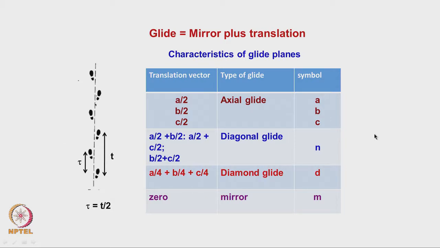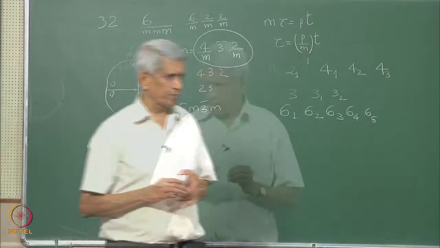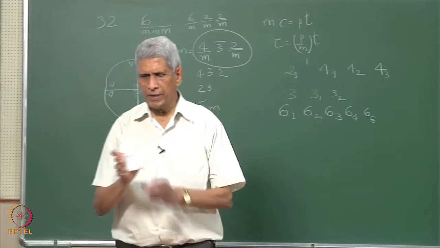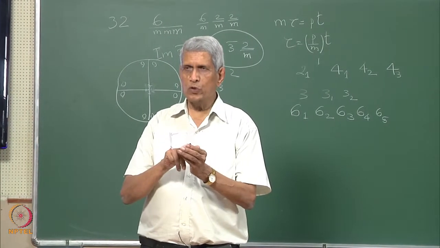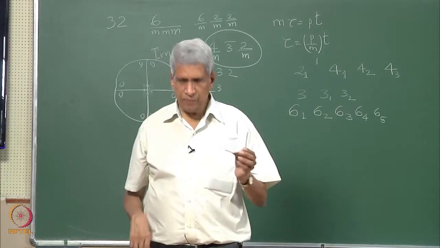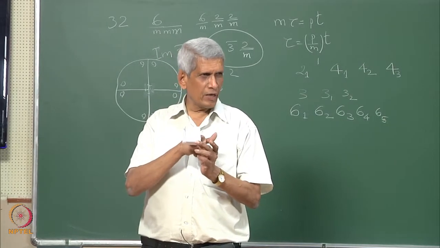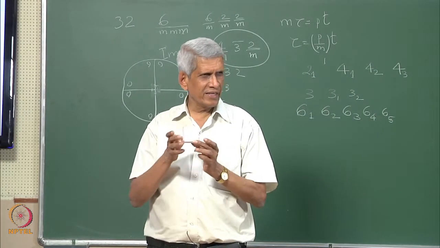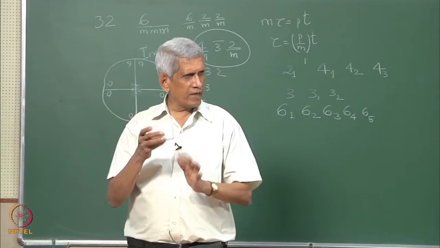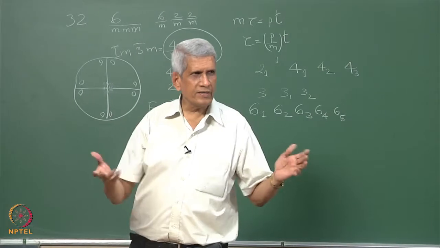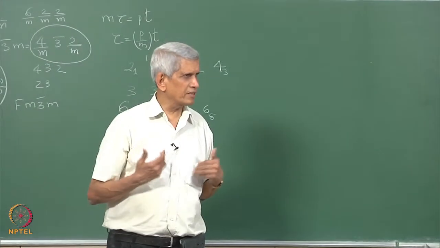Then mirror, if we consider, not mirror, glide. Glide is also essentially a mirror and a translation together, right? It is a combination of both of them. With respect to a crystal, it can so happen that only along the 001 axis we have the glide, and along other axes there is no glide, or it can be there along the B axis or along the C axis, or it can be along the face diagonal, or along the body diagonal. In all these directions we can have a glide axis in the crystal.